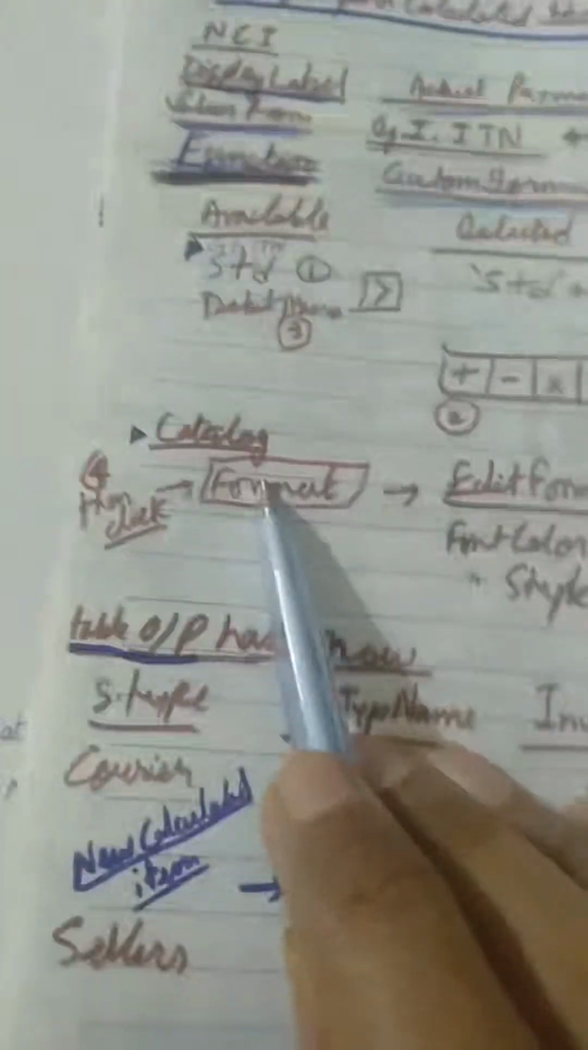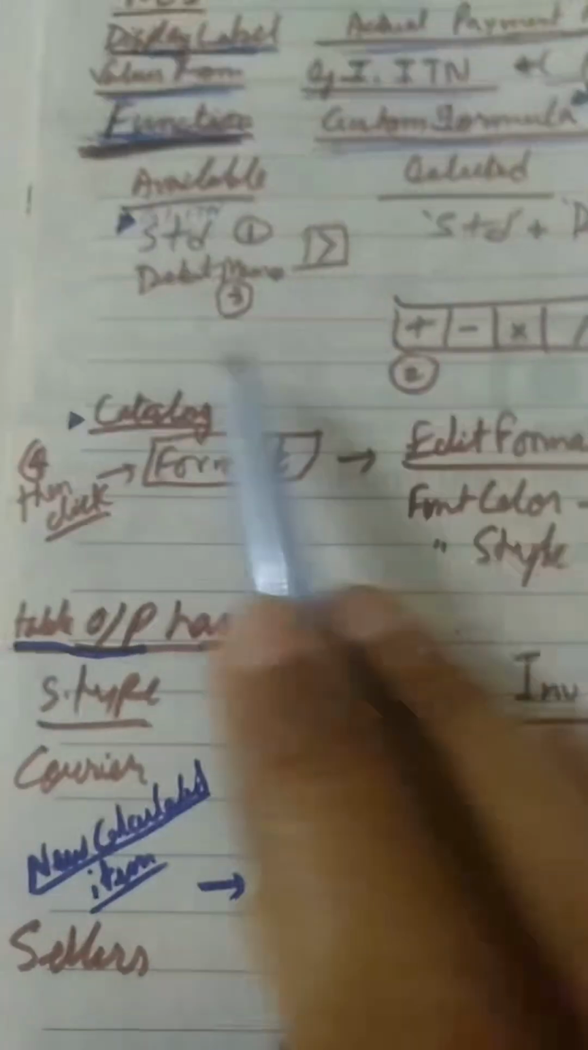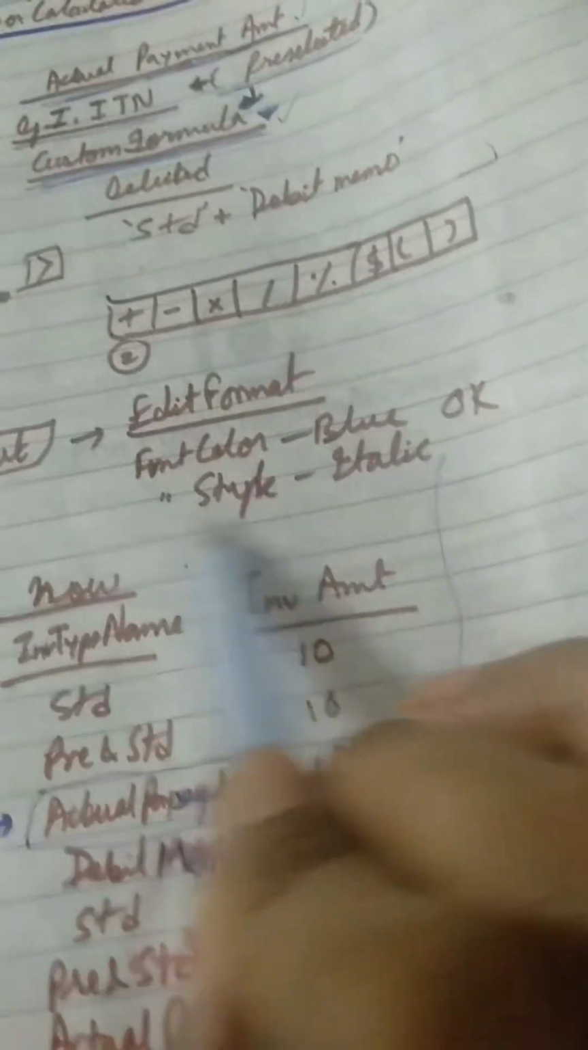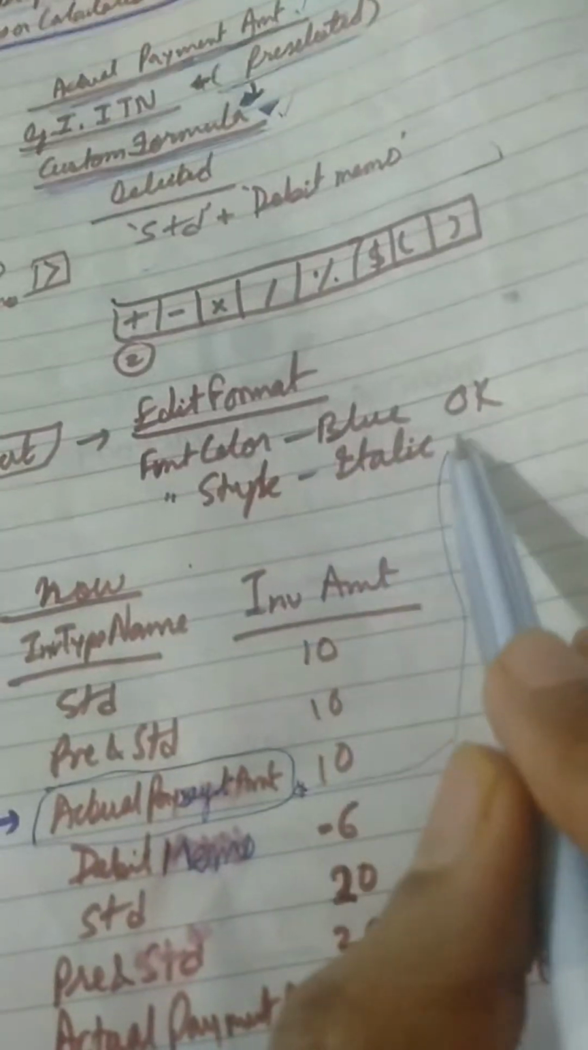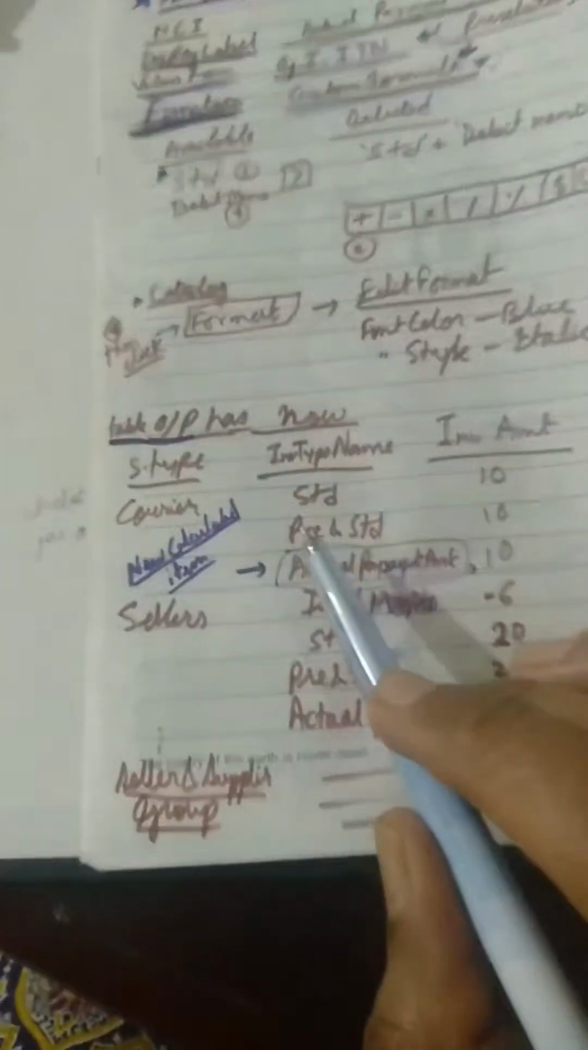Again, just below this you will have catalog and format, and you can click on edit format. If you click on this, the edit format box opens, and you can change the font color, background color, style, and all these things. Then click on OK. Now